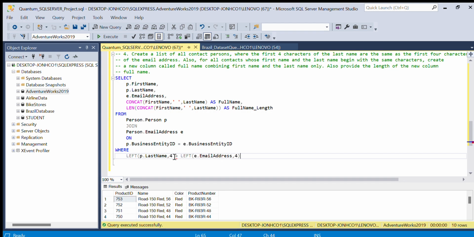Okay, here, close the bracket here, and again we introduce the left, then we state that first name, so this is the first characters, close it, equals